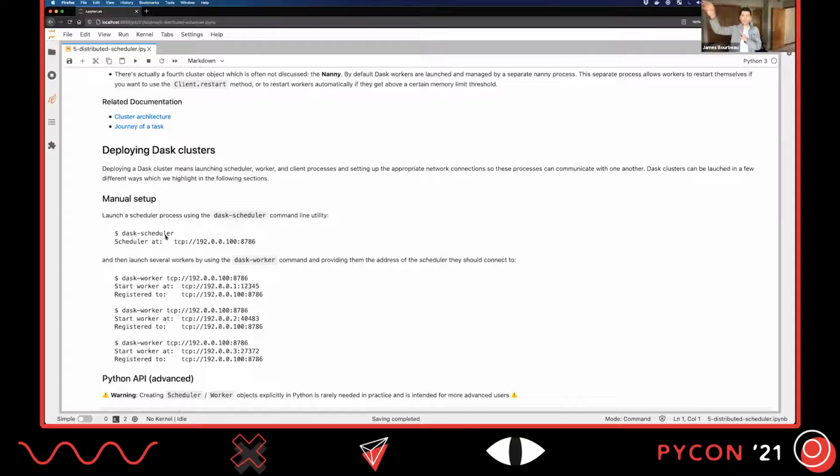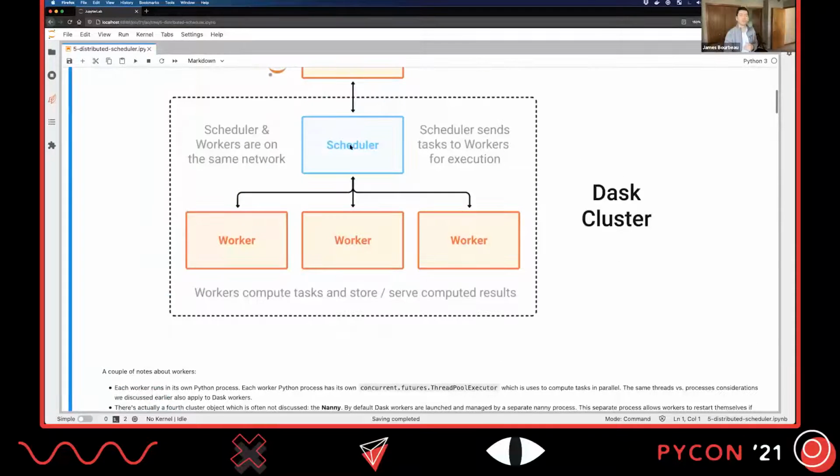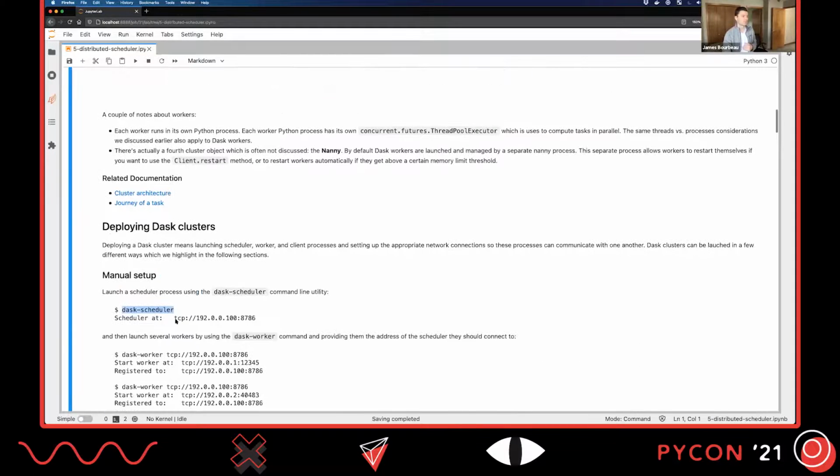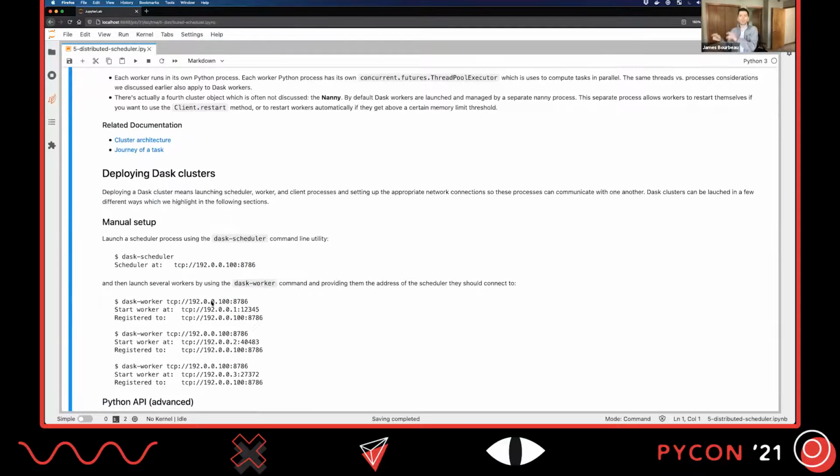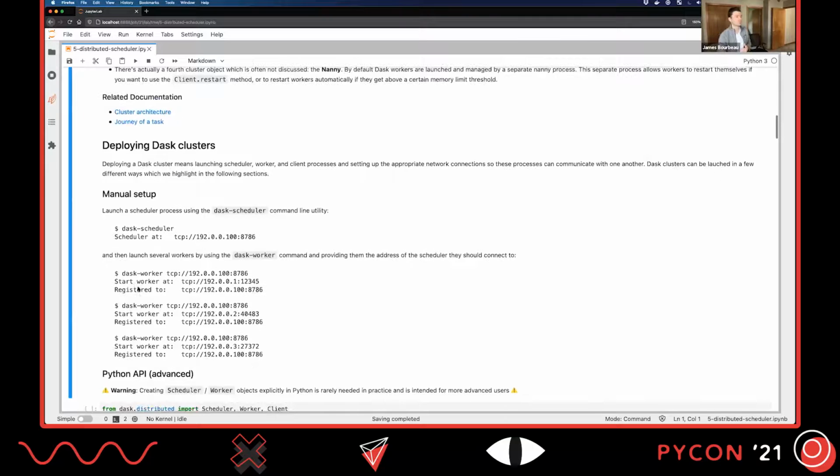Say you have access to some big machine somewhere and you want to launch a Dask cluster on that. One way you can do that is, let's pretend you SSH into that machine, and then in that machine you would use the dask scheduler command line utility. That will launch the scheduler process for you, and it'll tell you the address for where it is. It'll say, I'm a scheduler and I'm at this location. You can then open up several other tmux sessions, SSH into that machine, and launch a bunch of workers. To launch a worker, you use the dask worker command and you point it at the